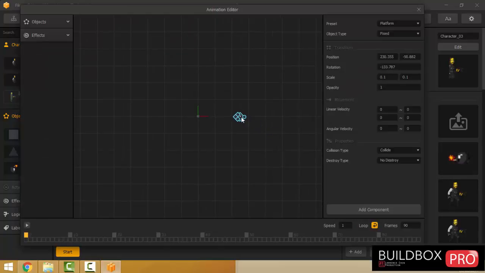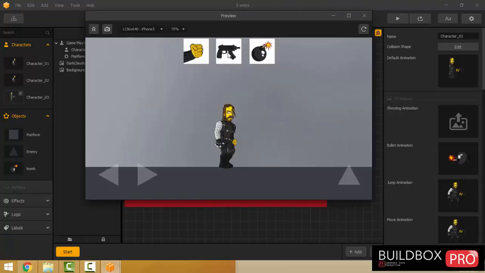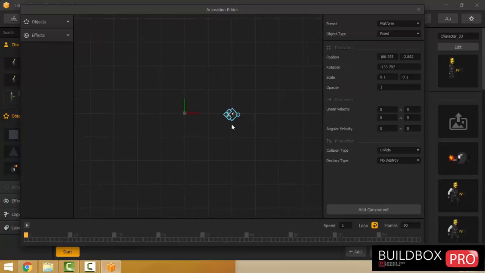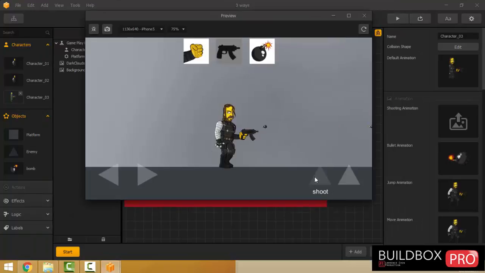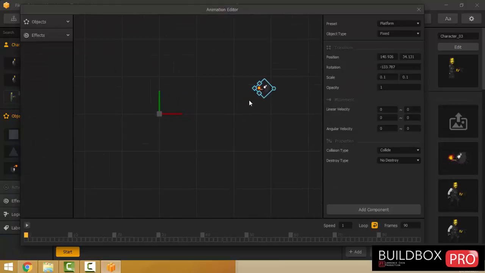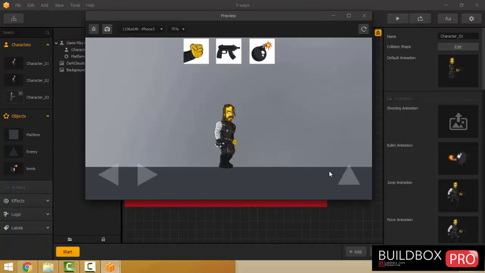Maybe here. Equip and shoot, a few more, somewhere here. Equip and shoot. Down, back, equip and shoot. Okay,